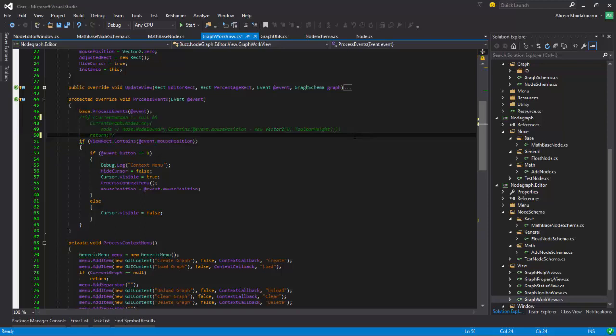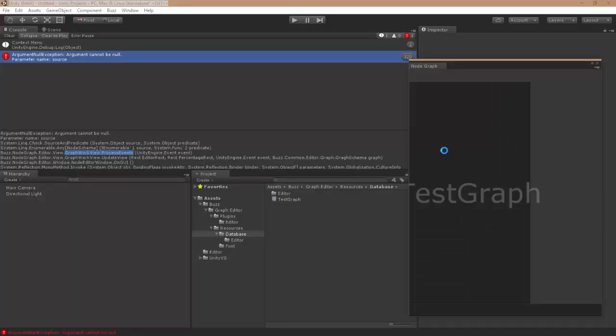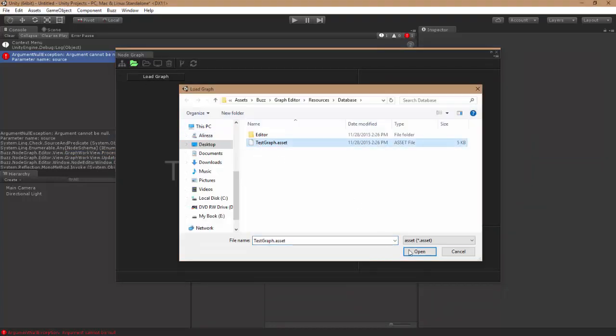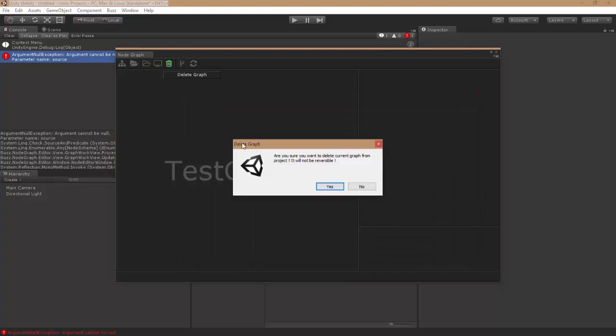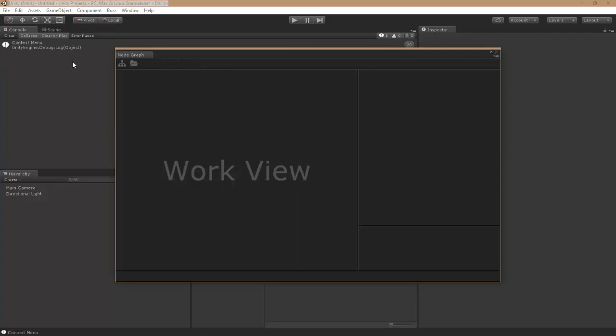I think it's this guy, although it shouldn't be. Okay, load the graph, test the graph. Let's delete it properly this time. And